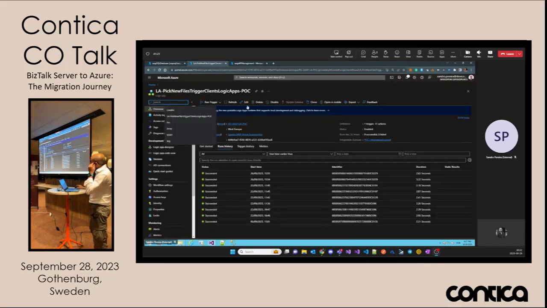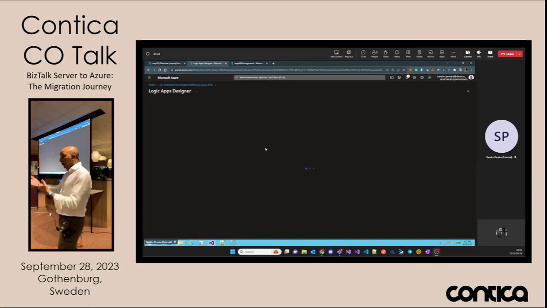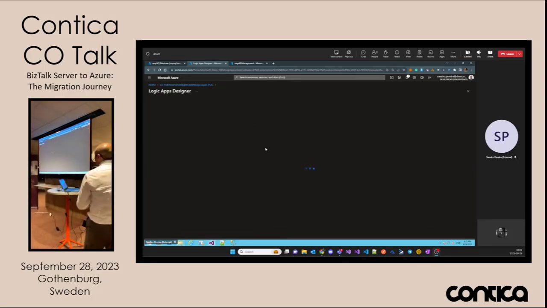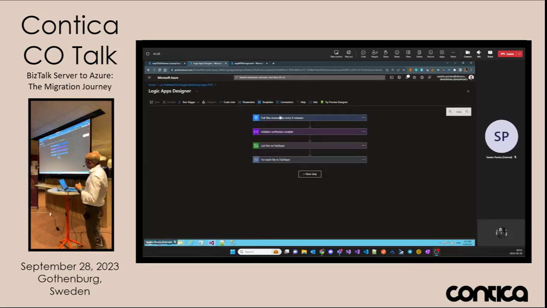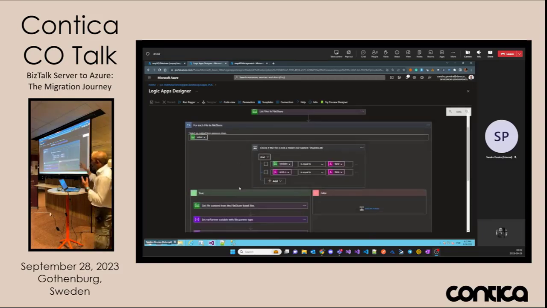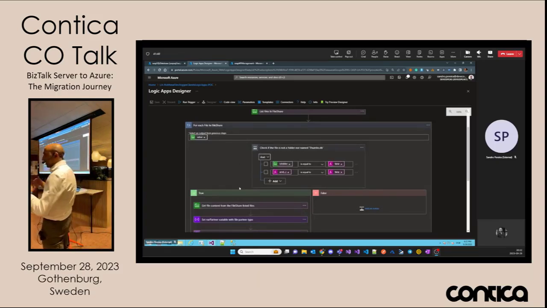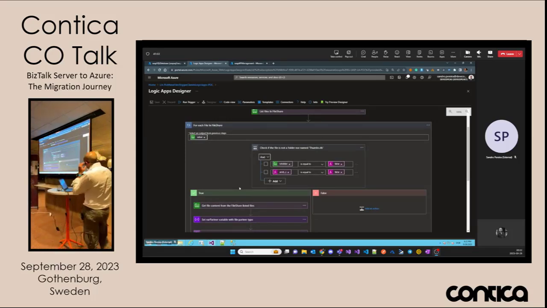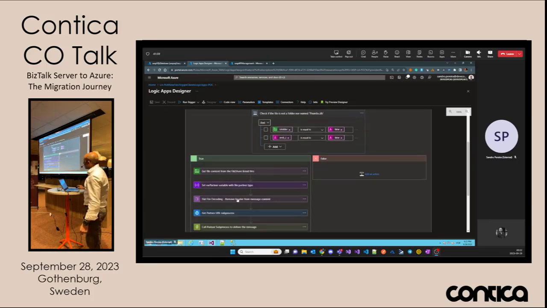This one is going to pick up files from that Azure file share. I have the Azure file connected, and I'm going to pick up the file in a recurrence way. I know that there are some kinds of files that are dumps that I need to discard, and I'm going to discard those, and I'm going to check what the client is, so SP or LR, and based on that I'm going to